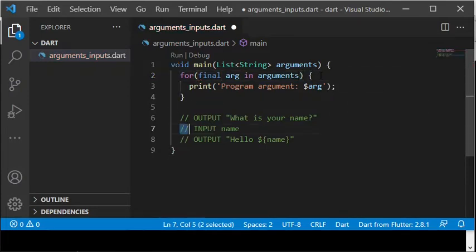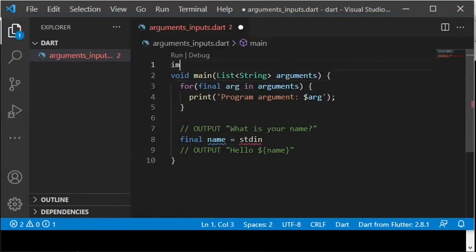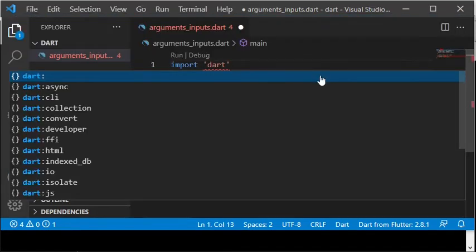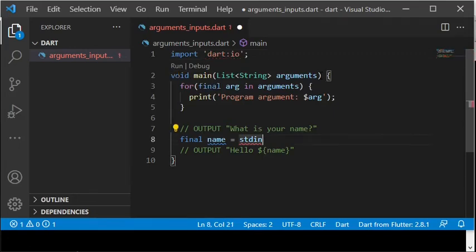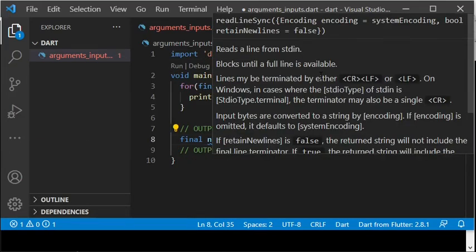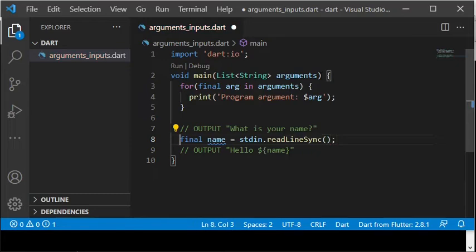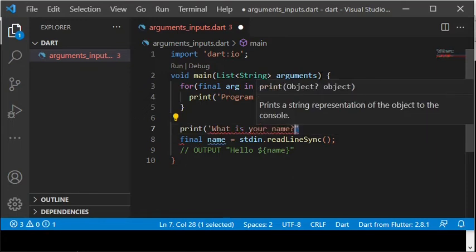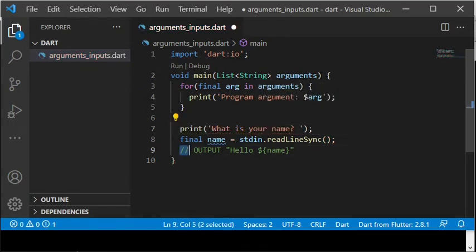To receive input through the keyboard, you can use stdin. And to be able to do so, I import the library dart:io. Then I can use the stdin class method readLineSync. I am also printing to the screen the text to be displayed at the input prompt with the print function. The readLineSync method returns the name entered by the user and is then written to the screen by using the print function and string interpolation with the variable after a $ sign.